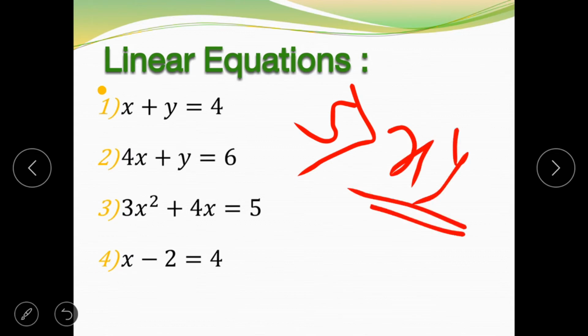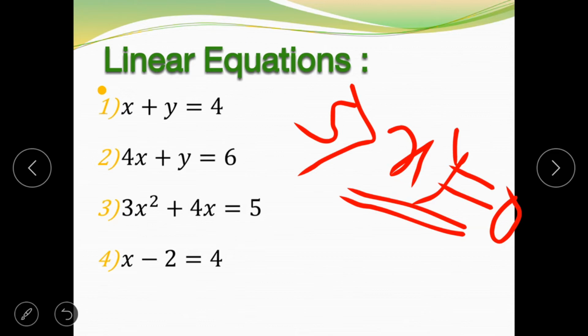Here the variables x and y are in product form, and if we are talking about the equation, then you have to take it equal to some term. Suppose I take it equal to 0, that is, our equation is x into y equals 0. Now it is an equation, and tell me the degree of this equation.